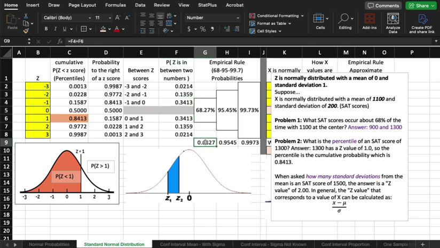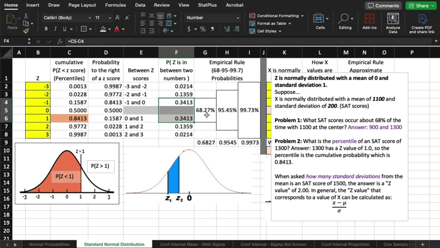We calculated that down here in G9. I just added those two numbers up in rows 4 and 6, so basically -1 to 0 and then 0 to 1. Equals F4 plus F6. When you add those two numbers, you get all of the outcomes between -1 and +1,